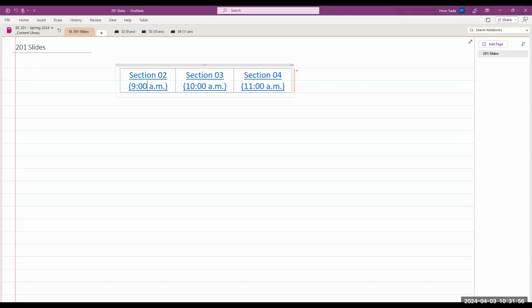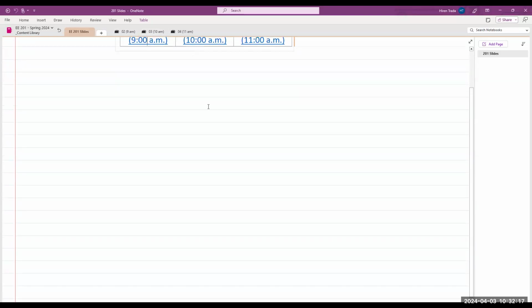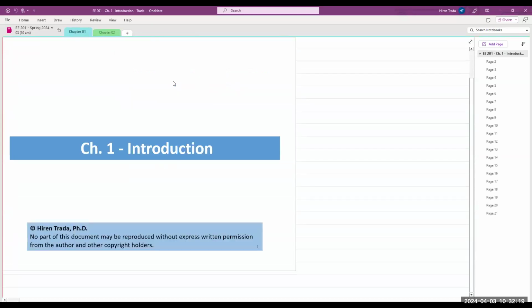The feature that I use is the class notebook, meaning students sign up. I set up the class notebook at my end. Students sign up through Canvas and their account is automatically linked here. Anything and everything that I do at my end is automatically replicated at the student's end in real time. So several students have signed up. If I go into section 3, all three of them are the same, by the way. And if I write something here,